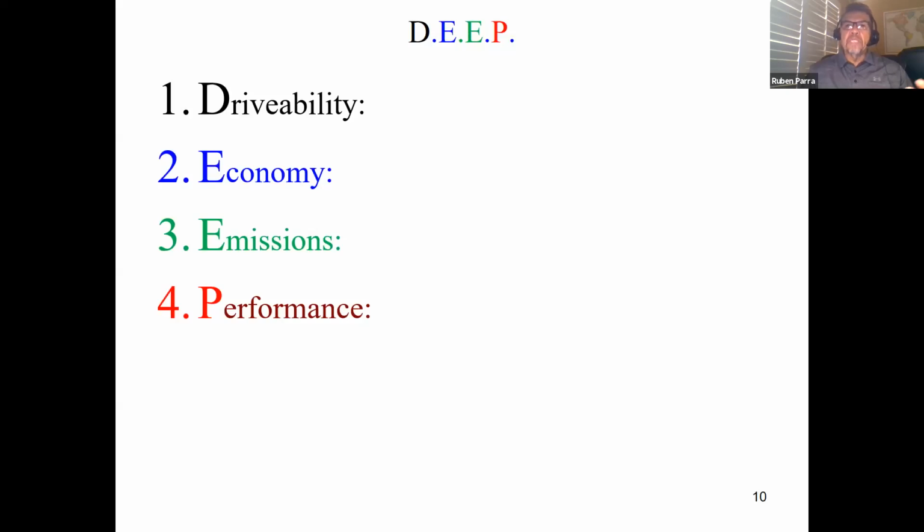Why it will not do that is our job. We have to figure out drivability. We have to figure out the correct economy, that is, why is it using so much fuel? That it has proper emissions and that it performs correctly. That's our job. In this class, that's basically what we're going to do. We're going to make sure that the vehicle performs correctly, has proper drivability, economy, emissions, and performance. So, moving on.